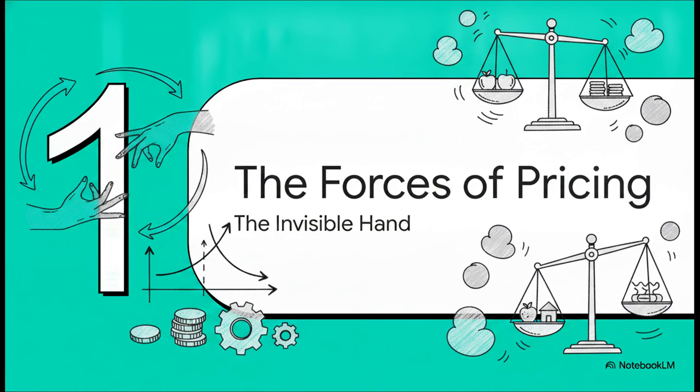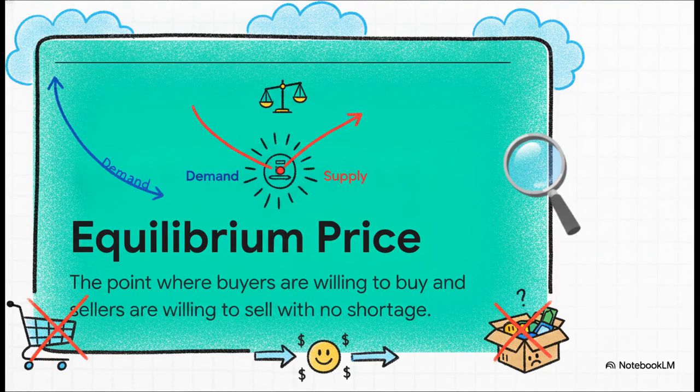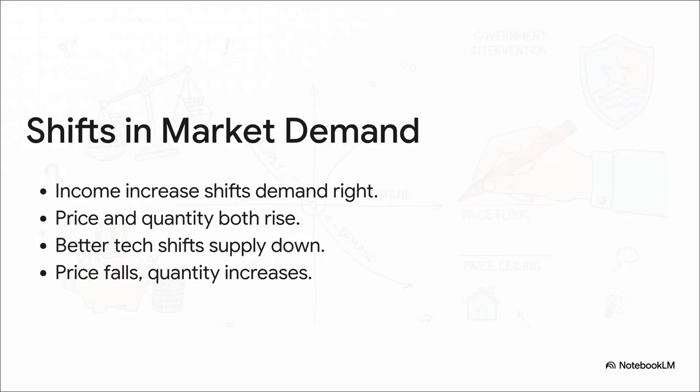All right, part one, the forces of pricing and that famous invisible hand. Before we even think about market disruptions and crazy price shifts, we've got to establish our baseline, and that is the equilibrium price. This is the pure, invisible hand doing its thing. It's that sweet spot where downward-sloping consumer demand and upward-sloping producer supply perfectly cross paths. At this exact settling point, the market is just in total harmony. You have no shortages, and you have no surpluses. Everybody's happy. But the real world rarely stays in perfect harmony.